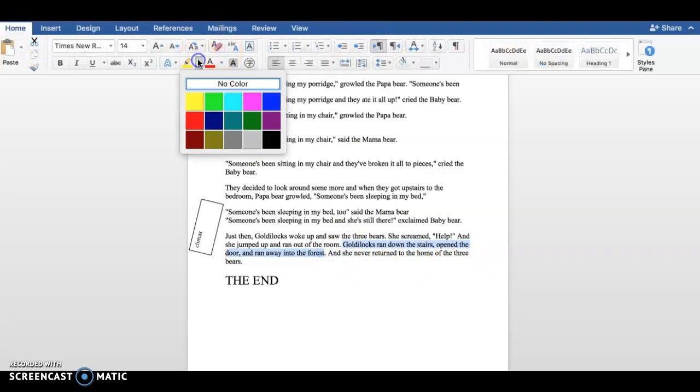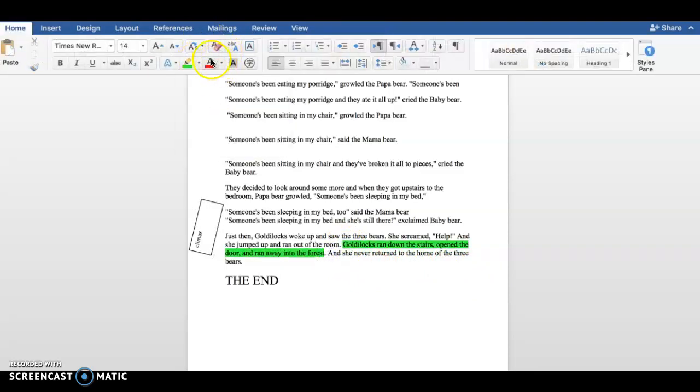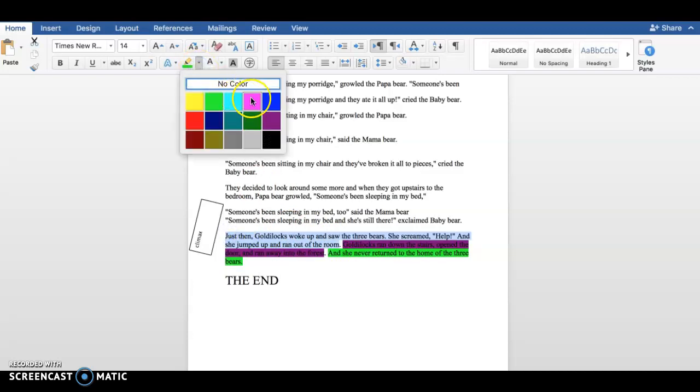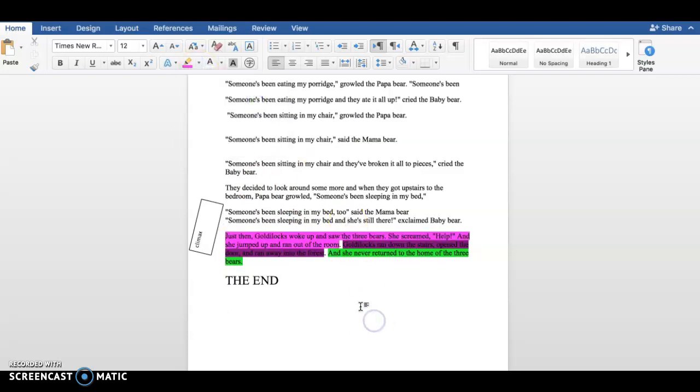This, or purple, this would be our falling action, making this our resolution because it kind of predicts to the future that she's never going to go back. So remember, we're highlighting just like we have annotated with our color line. Okay, climax. Purple would be our falling action.